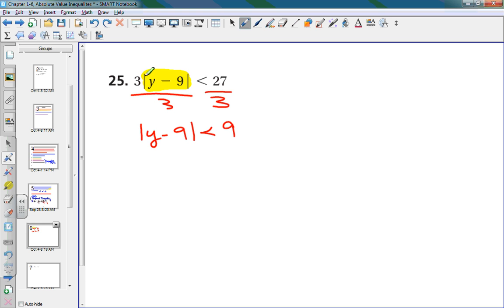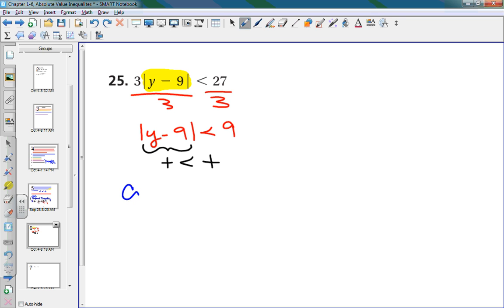So that means the absolute value, this whole thing, has to be positive, because what do we know about absolute value? It is a distance, and distance can only be measured in positive units, so therefore it has to be a positive outcome always. And can that positive outcome be less than a positive number? Well, tell me this, is 25 less than 100? They're both positive, aren't they? So is this a possibility? Does this possibility exist? Yes, so therefore, since I know it's possible, I have to immediately go into case 1